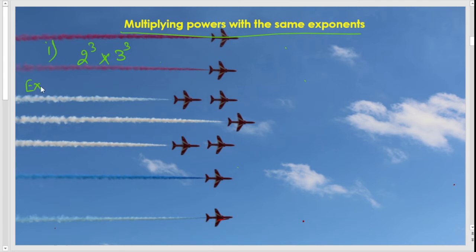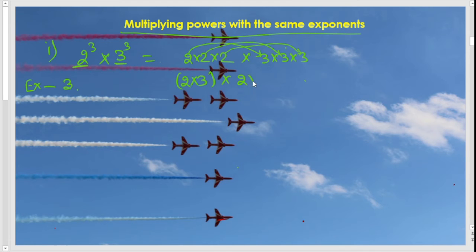Exponents are 3 and bases are different. So, we can write it like 2 into 2 into 2 into 3 into 3 into 3. So we can multiply it individually like 2 into 3, 2 into 3, this one with this one, and 2 into 3. So we can write it like 2 into 3